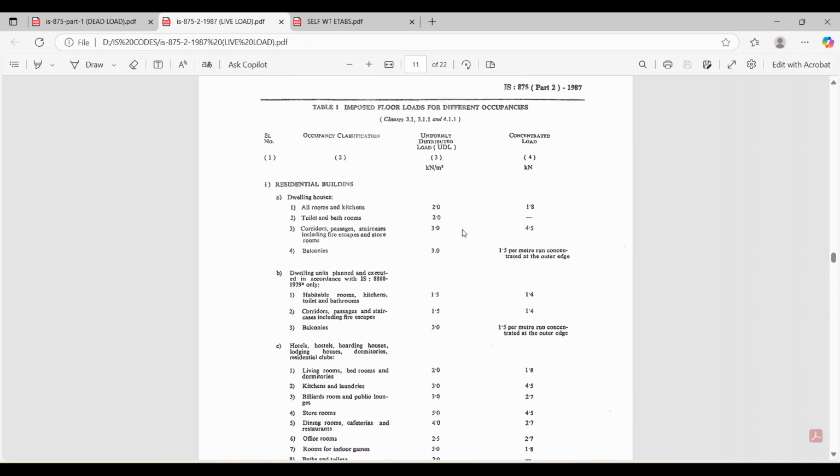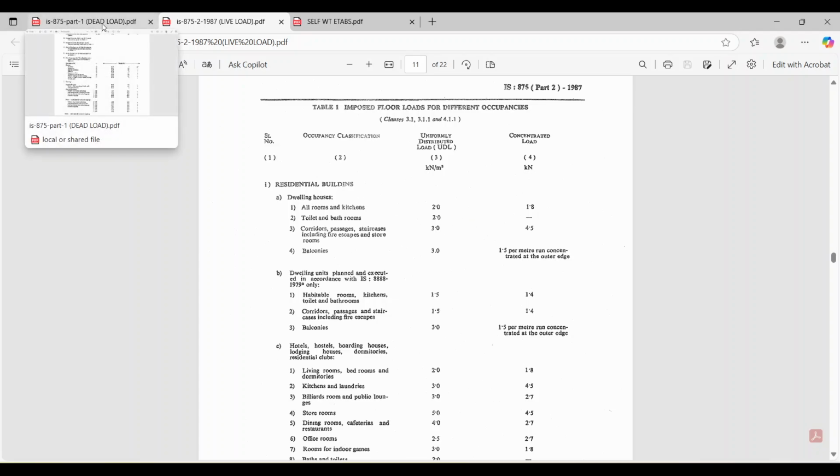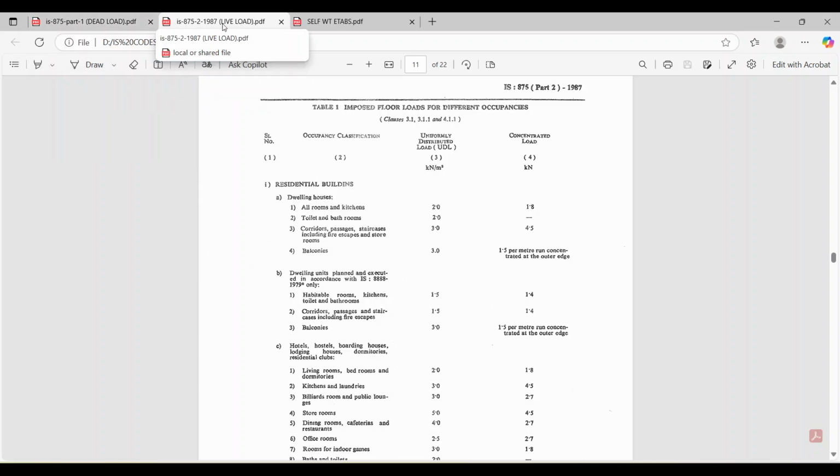IS 875 part 2 is for the live load. And IS 875, here you see, part 1 is for dead load, and IS 875 part 2 is for live load. Okay,